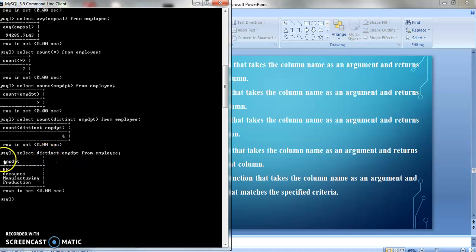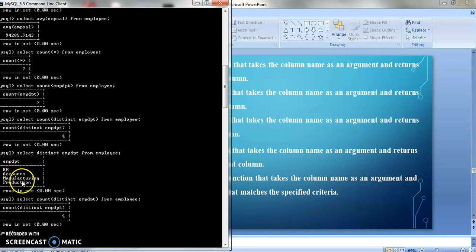See, we are getting only 4 distinct values: HR, second is accounts, third is manufacturing, and fourth is production. That's why our count was coming as 4. Hope you are getting my point.